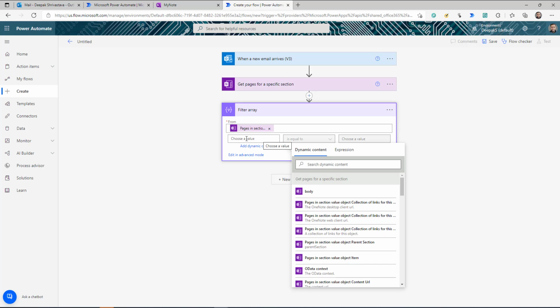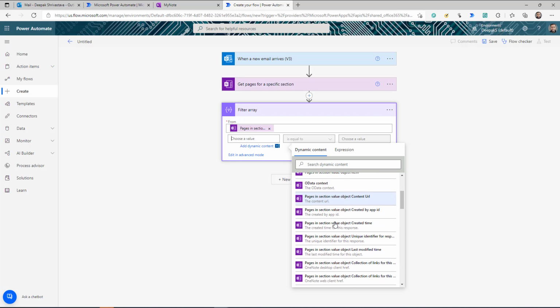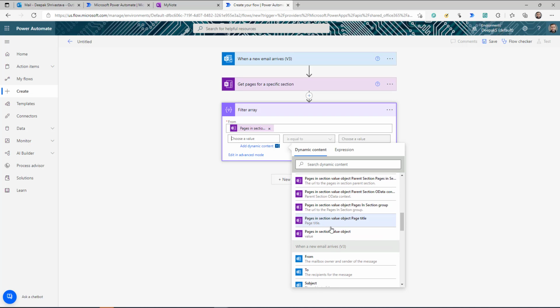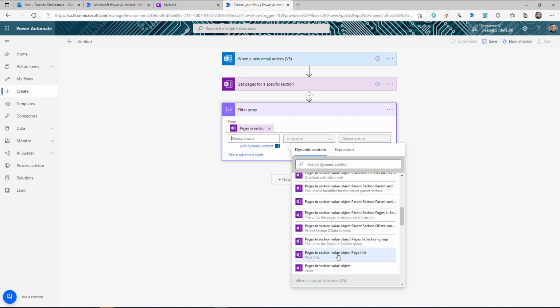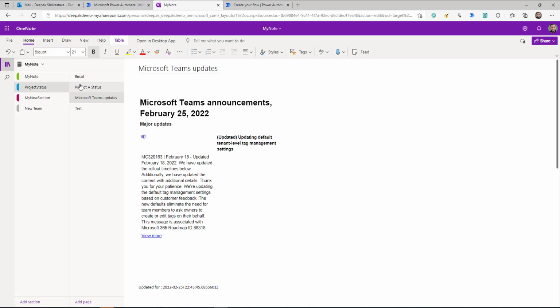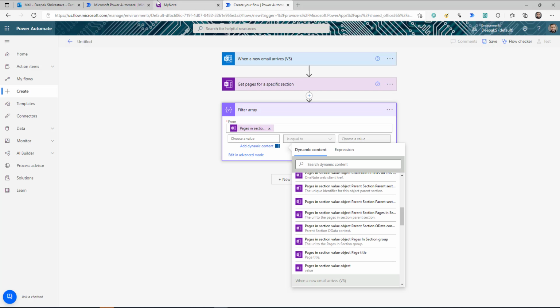If I select the choose value, you can see what information I'm getting in this section. I'm getting the body, I'm getting pages in the section. There's lots and lots of information that I'm receiving, right? What I am interested in is the title. If you look here, these are the titles: email, project A, status, Microsoft Teams, update. These are the different titles, the titles of my projects. So what I'm interested in right now